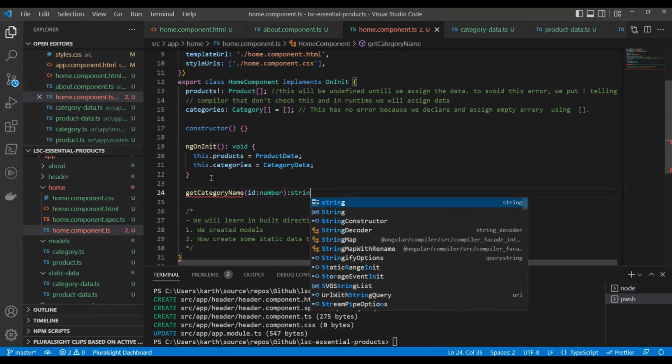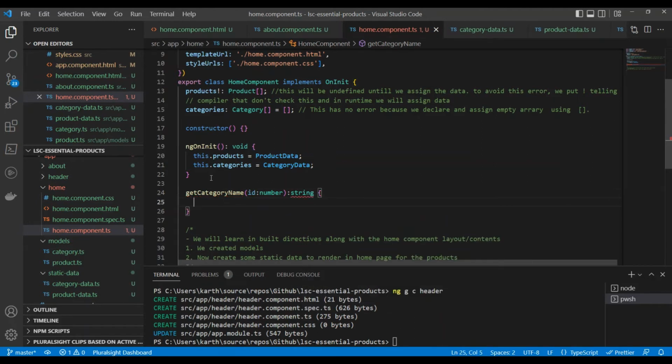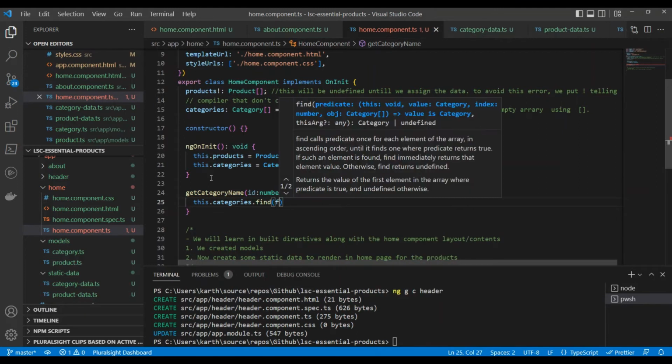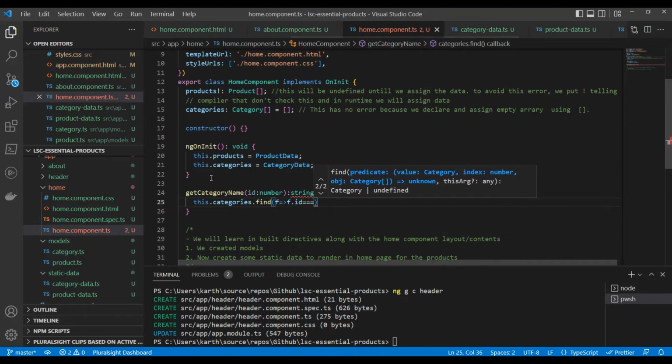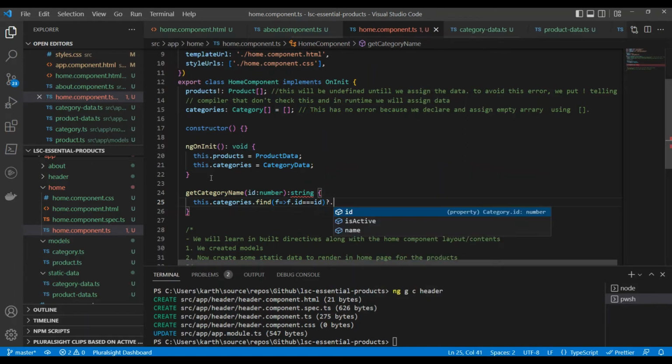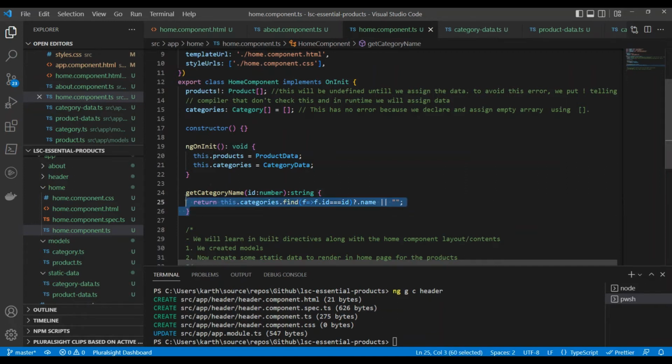So let's write a method called getCategoryName. What this is doing is it will accept a category ID, okay, and then it will try to filter that category from our categories variable, and it is going to return only the category name, okay. Because the product data that we copied has a category ID, it doesn't have the category name. So we will pass that ID and then try to find it using this.categories.find. That's an inbuilt method which is coming from ECMAScript 6, ES6. So we'll use that